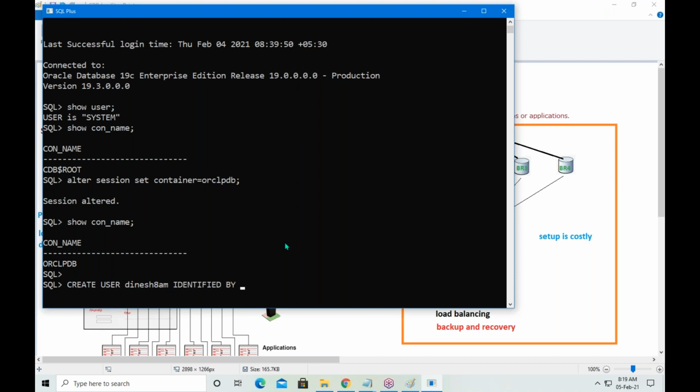Identified by welcome. Create is a command. User is a keyword. This is the username. Identified by is a keyword. Welcome is the password. What is our username? Dinesh8am. What is the password? Welcome. Then quota 100M on users.